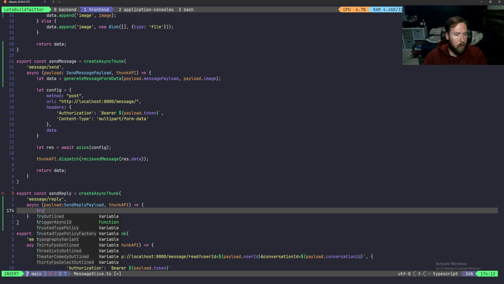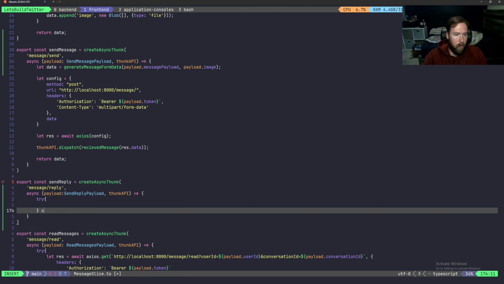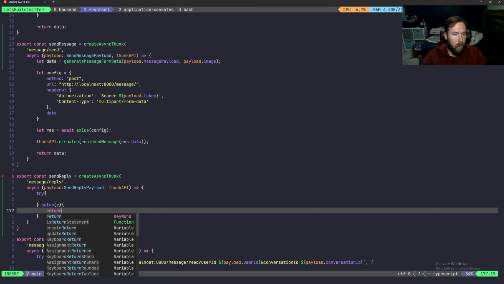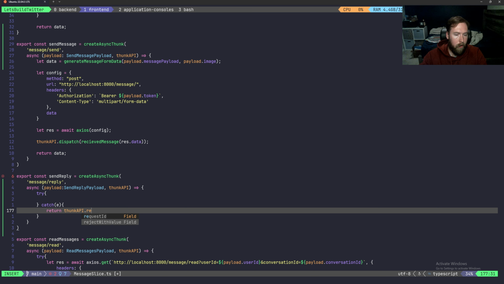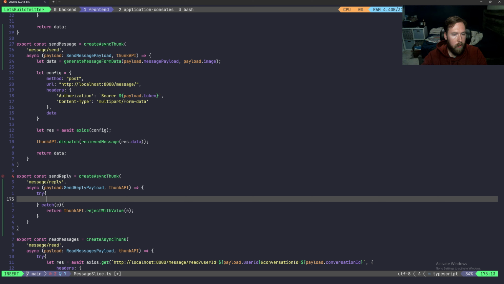We'll set up a try catch, which we don't actually have here. We probably should. I'm going to set up a try catch. It's going to be slightly different than what we have, but it's fine. We return thunk API.reject with value. Pass back E, and then inside of our try catch, we're going to say let data is equal to